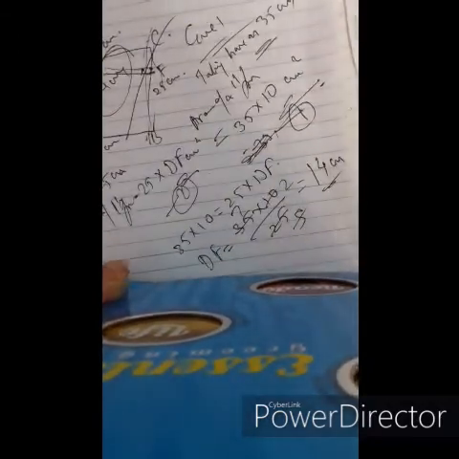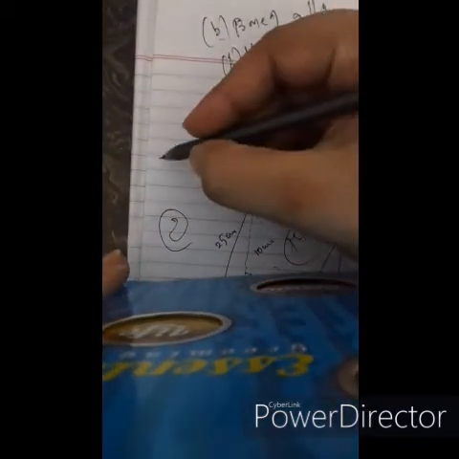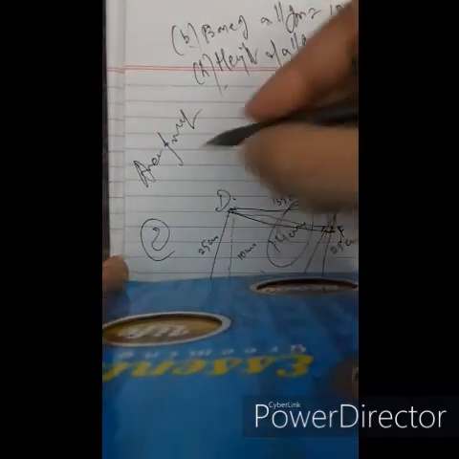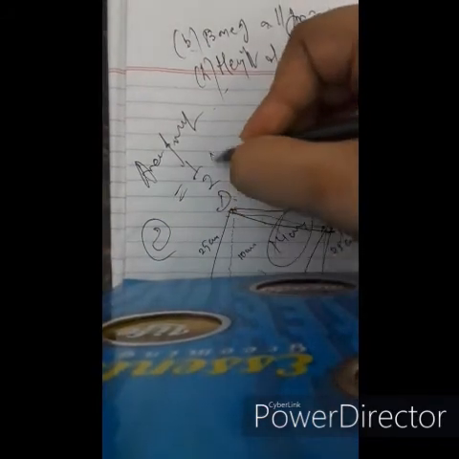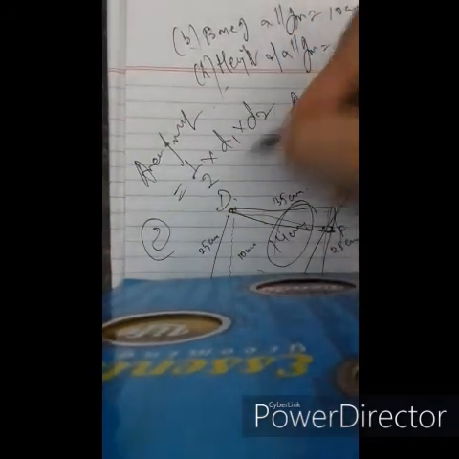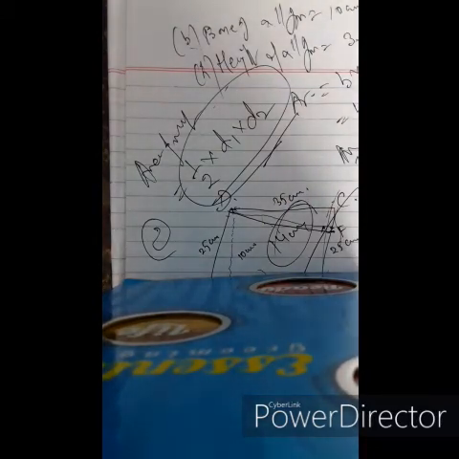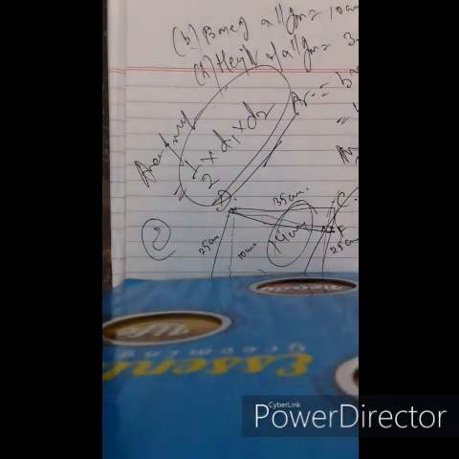Now coming to the area of a rhombus, I think you are very clear with it. If both diagonals are given, you have to substitute in the formula half into diagonal 1 into diagonal 2. There's nothing very complicated about it. We just substitute in the formula half into product of diagonals and get the area of the rhombus if two diagonals are given.